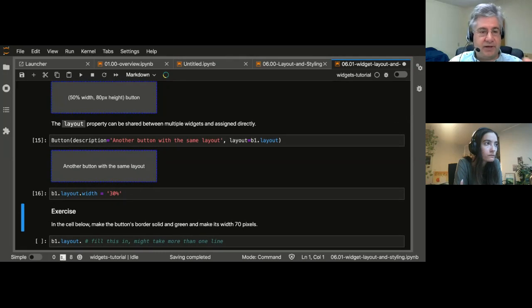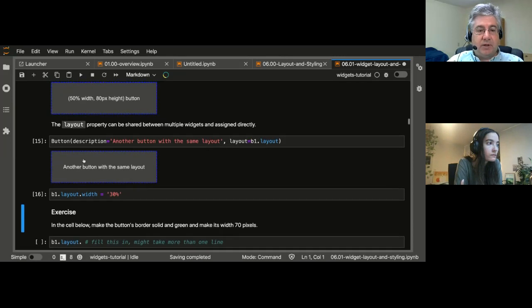So quick exercise here. I'd like you to take a minute and give the button a border which is solid and green, and make the width of the button 70 pixels. While you're doing that, I'll grab a